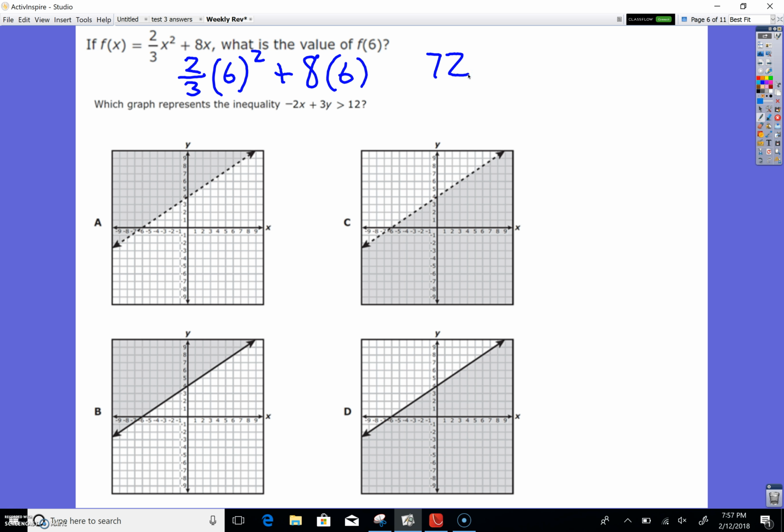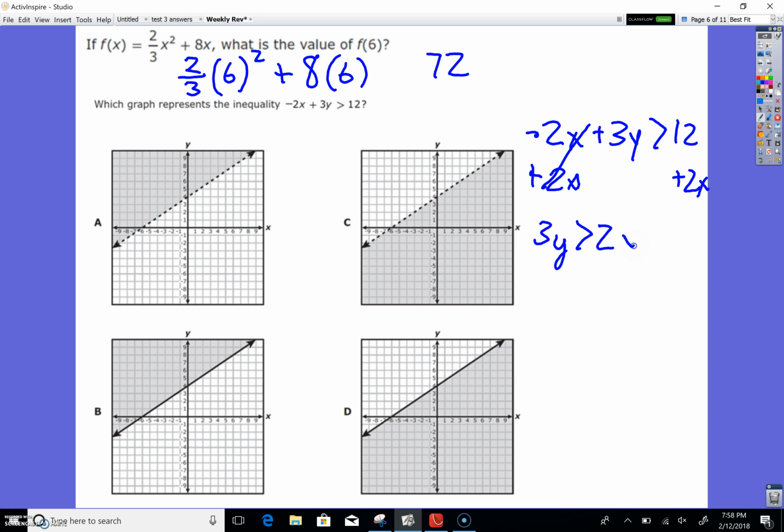Okay, which graph represents the inequality? This is kind of like the other one. We're going to go negative 2x plus 3y is greater than 12. I add 2x on both sides. I cancel, so I have 3y is greater than 2x plus 12. I divide by 3 to everything, and I have y is greater than 2/3 x plus 4. Okay, now if you look at this,